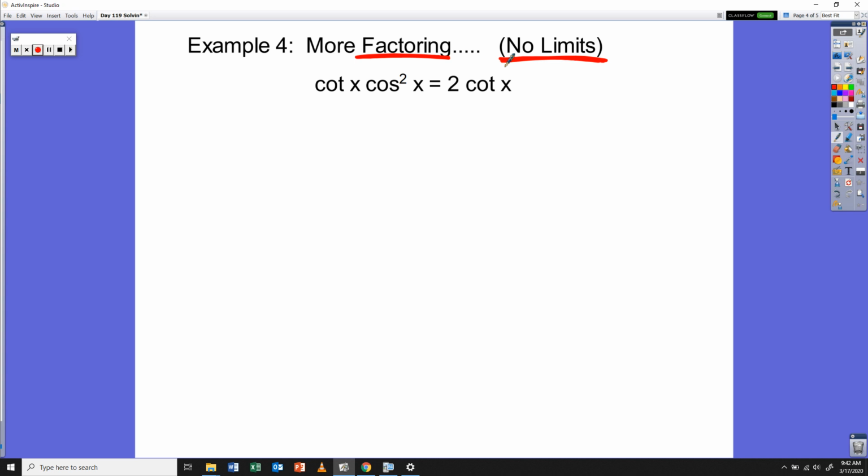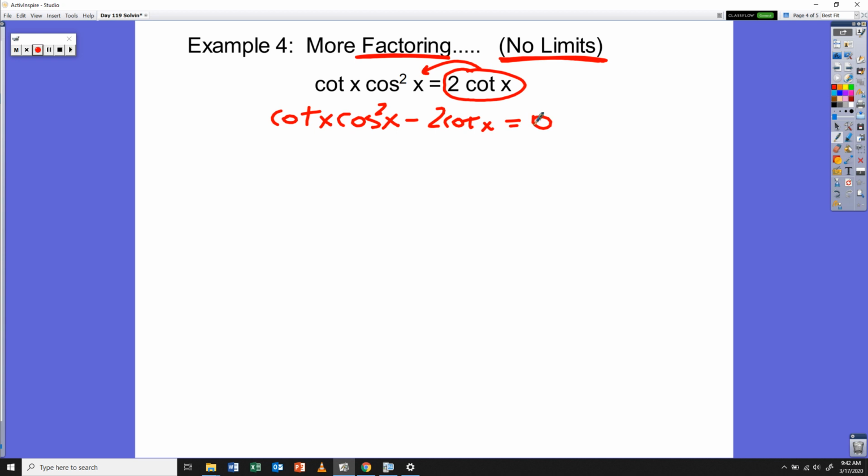When you look at this equation, you see that we have terms on both sides of the equal sign. If you want to factor, or if you want to solve something, you really want it set equal to 0. So I'm going to take this entire term that's on the left-hand side and move it over to the right-hand side by subtracting. So you'll have cotangent of x times cosine squared of x minus 2 cotangent of x equals